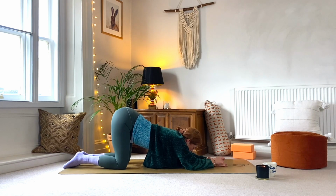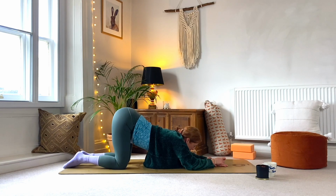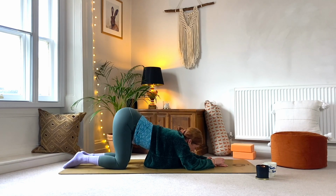Taking 5 more deep breaths here. Allowing that chest to sink a little lower. Allowing the shoulders to relax, slowing the breath right down. And from here,